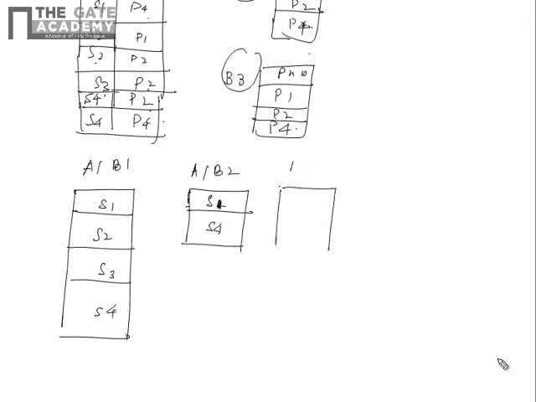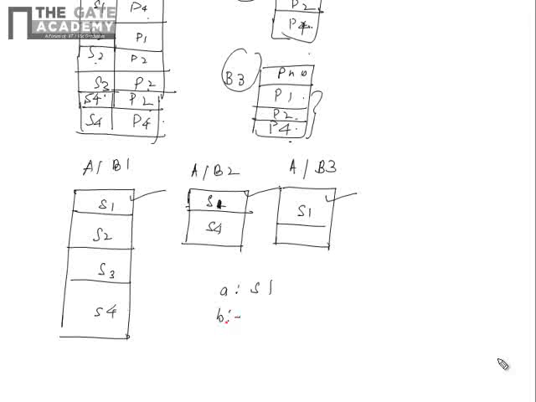Now it is a by b3. In b3 there are p1, p2, p4, so all these three together are present only in s1, so this will contain only s1. Fine. So the first question: which of the following is present in all of a by b1, a by b2, a by b3? s1 is present in all these three, so for a the answer will be s1.